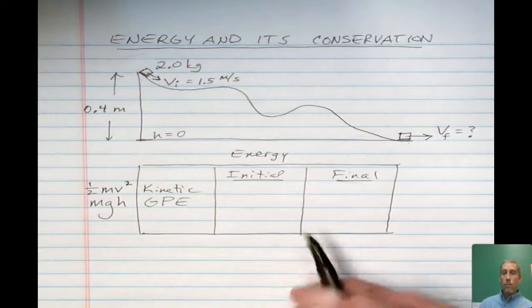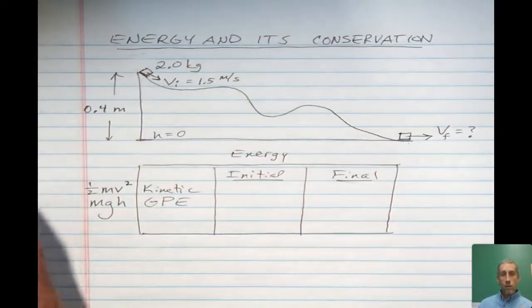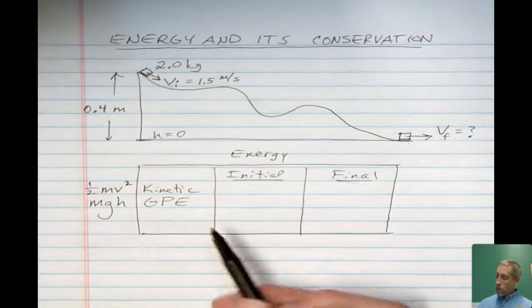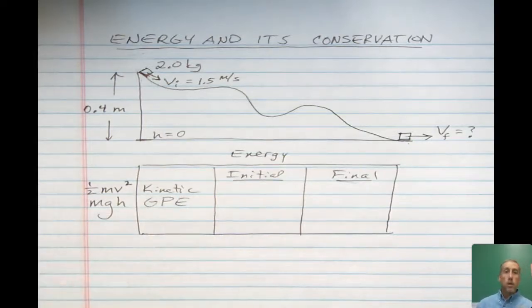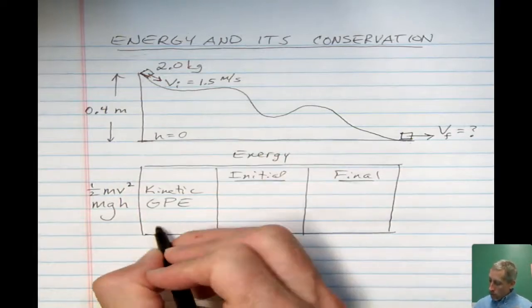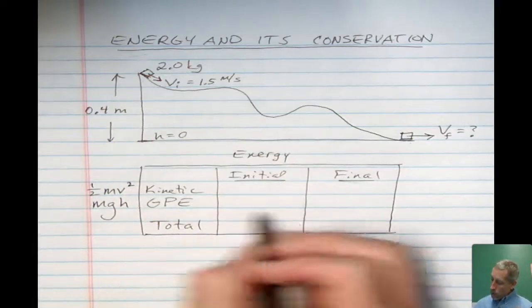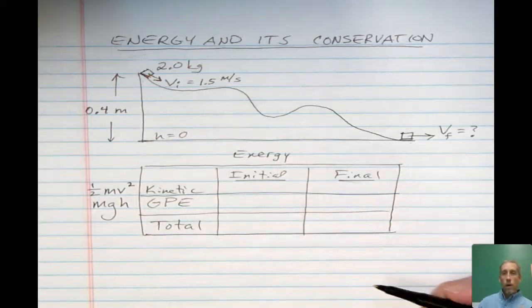Now, technically, the energy belongs not just to the box, but to the box and the gravitational field both. But when we do these tables, you can think of it as though it's just a property that the box possesses. Now, in other problems, we're going to have other energy-changing devices, like springs, or in electricity and magnetism class, you can have magnetic and electric energy. But in this problem, these are the only two forms we have. So I'm just going to have a row here for the total,